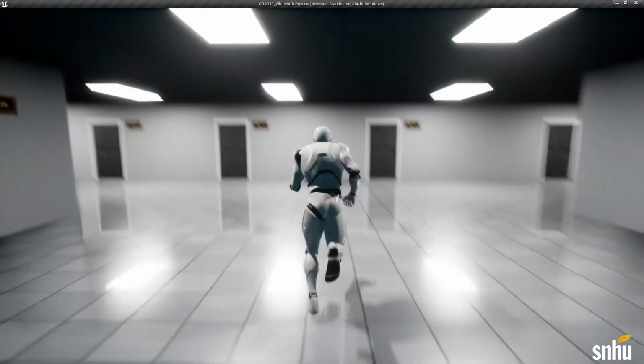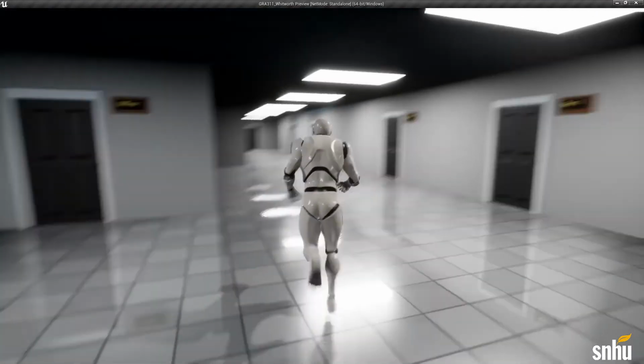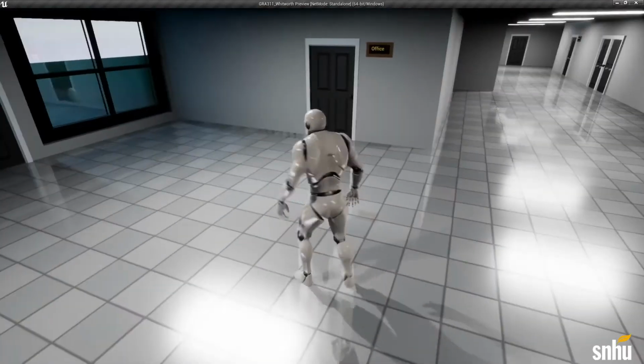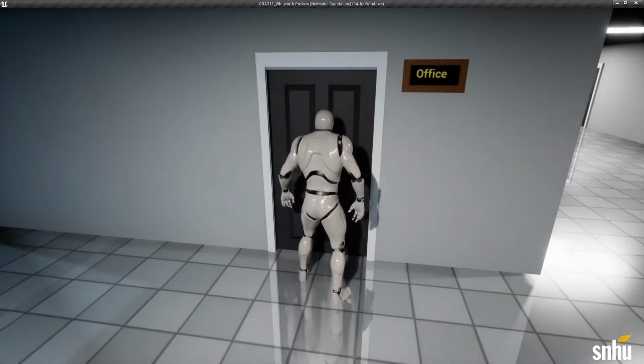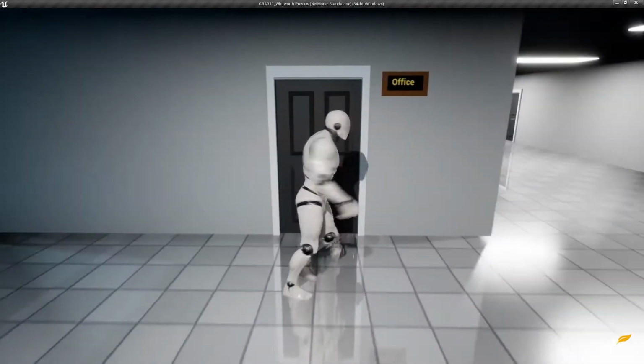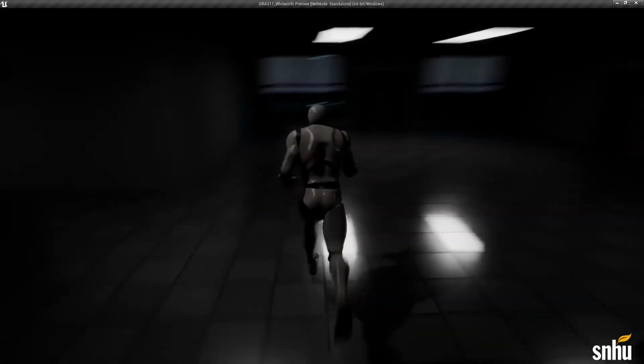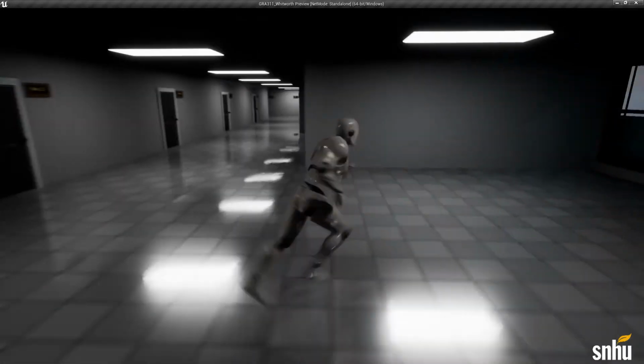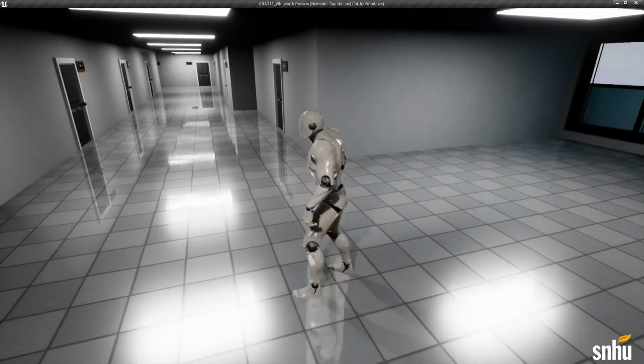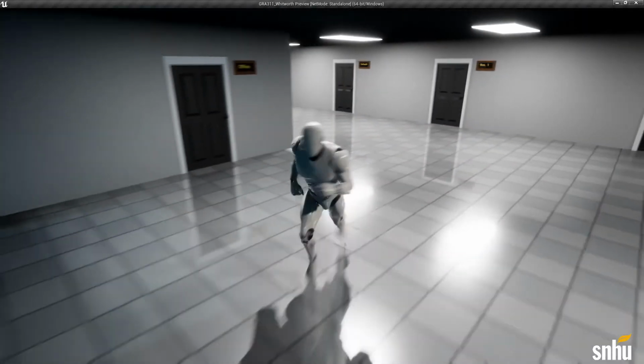Open this door up, and as you can see, I did create some lights, and we'll be going over those in a moment. So if I walk over here, an audio plays when I try to open this door. I walk over here, this door, we'll see it opens up. Really dark in there. And so on. So yeah, those are kind of the edits that I've done so far.